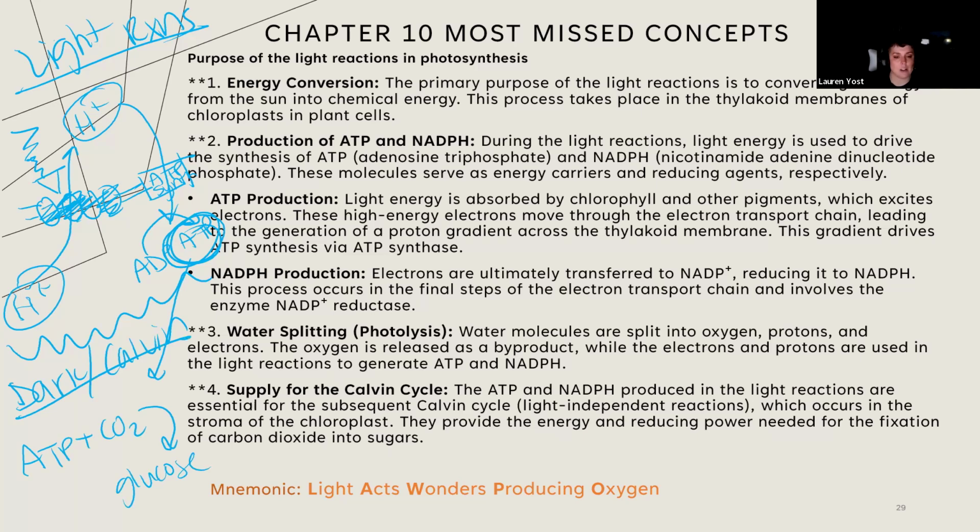All right, so light acts wonders producing oxygen. Light, L, of course, let's refer literally to light, the sun, light energy leading to ATP production, it's acts. Then W is splitting water, which is using the light reaction in order to split molecules. That's going to allow us to generate the H pluses to create that proton gradient. We don't need to worry about that as much for our purposes, but our whole point is to supply